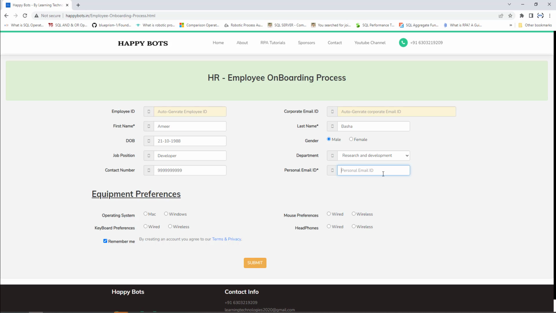I'm going to give the personal email ID over here as learningtechnologies2020@gmail.com. Along with that, I'm going to provide the equipment preferences, such as operating system as Mac, the mouse preference as wireless, the keyboard preference as wired, and the headphones as wireless. Once all the required information has been provided in the employee onboarding process web portal, I'm going to click on submit. There you can see the employee ID has been generated as